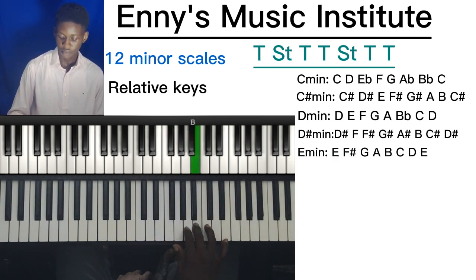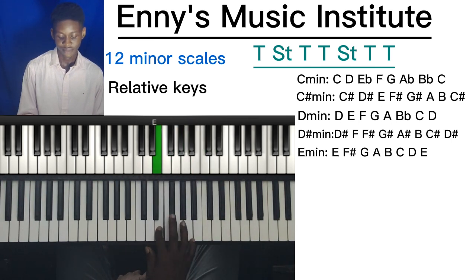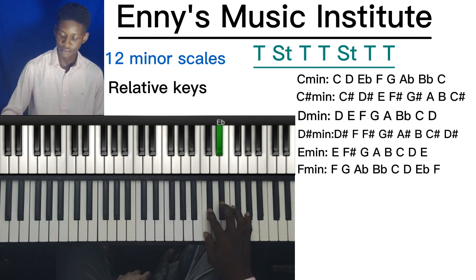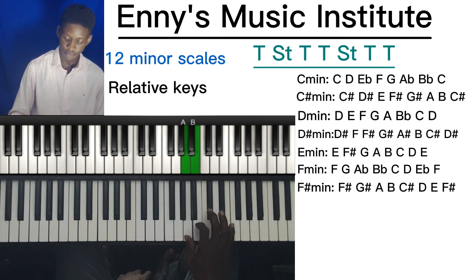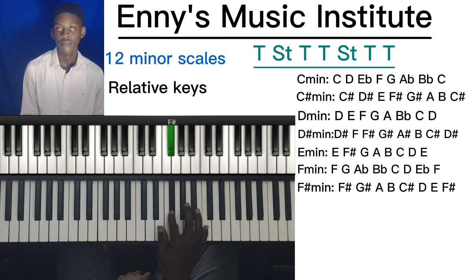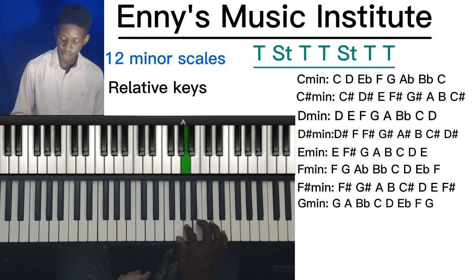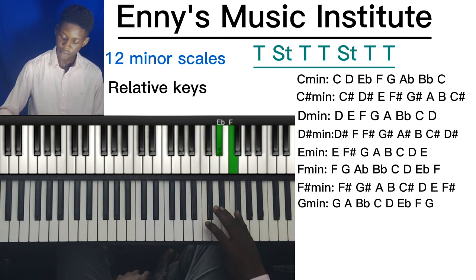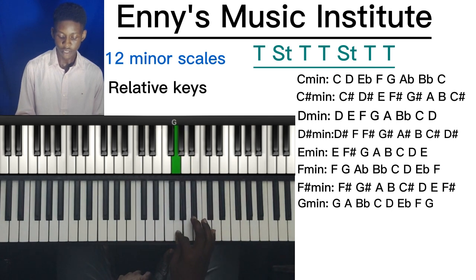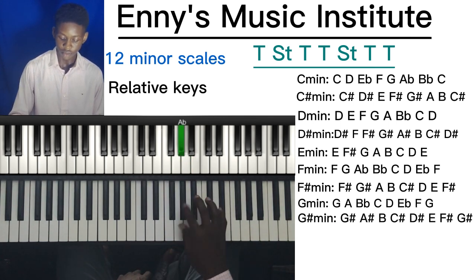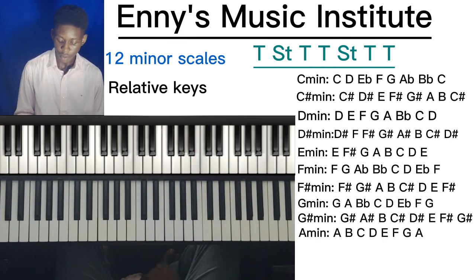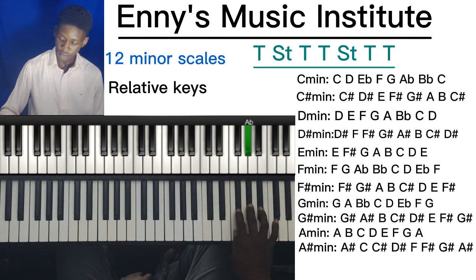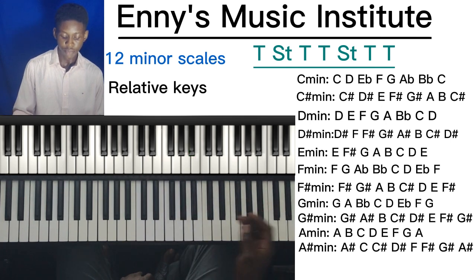E, and F, F sharp, G, right? So G sharp minor have, an A. So A sharp minor we have, and lastly B minor we have,